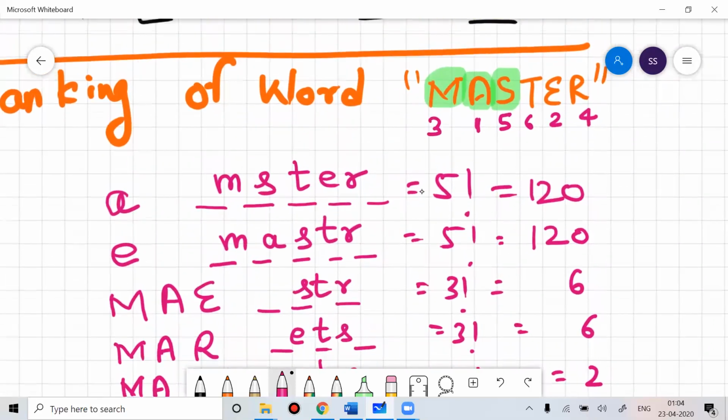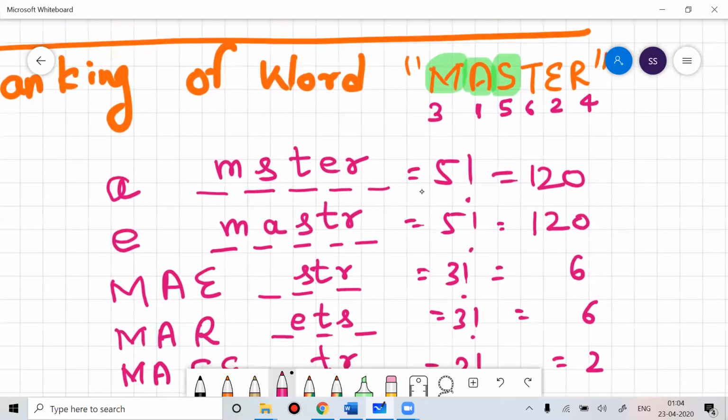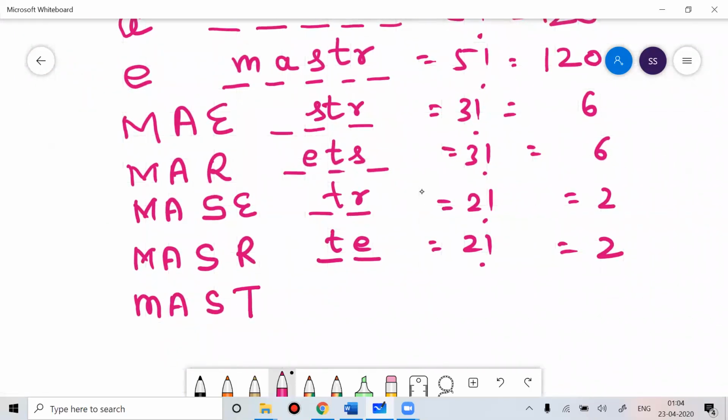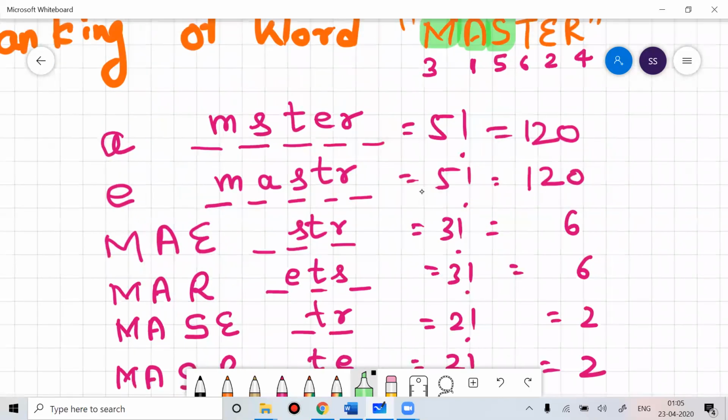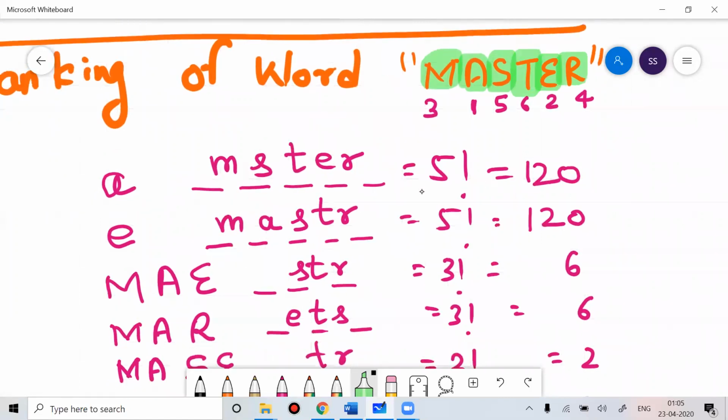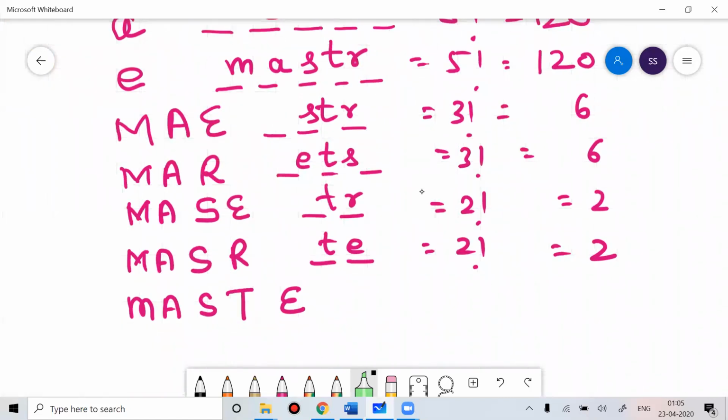So you have done with E. You have done with R. Now what will come? T will come. Okay, T you want. After T, how many letters are left? E and R. So alphabetically, which letter will come? E will come. That you want. You want E, and then E, then R. So one by one, you got all the letters.